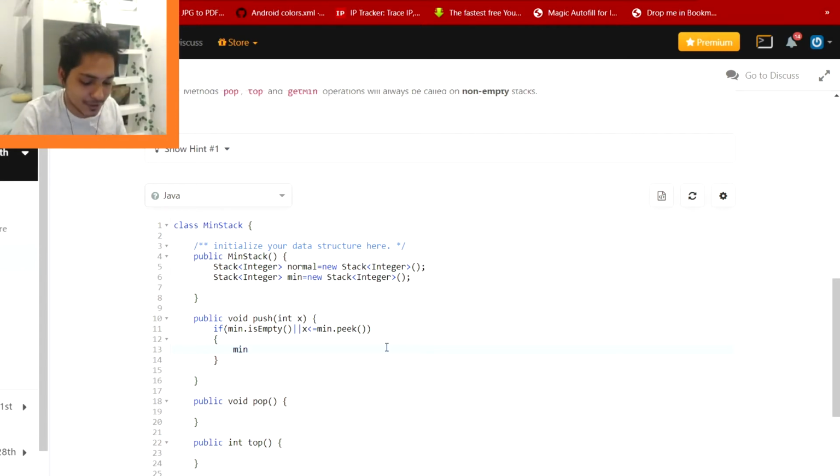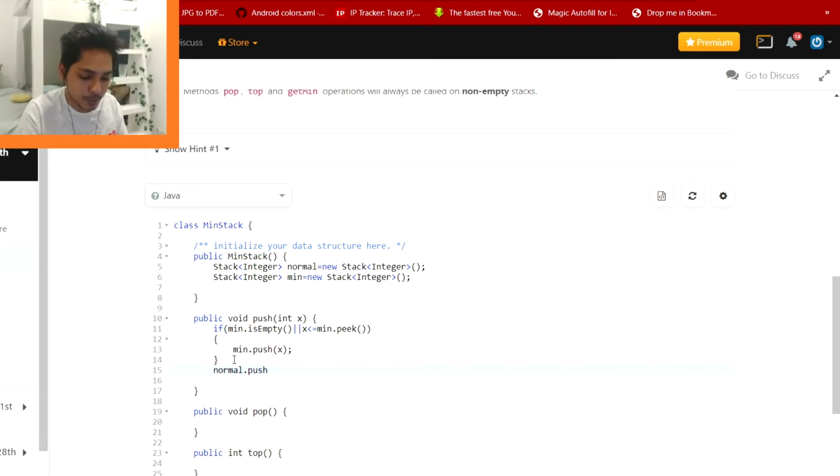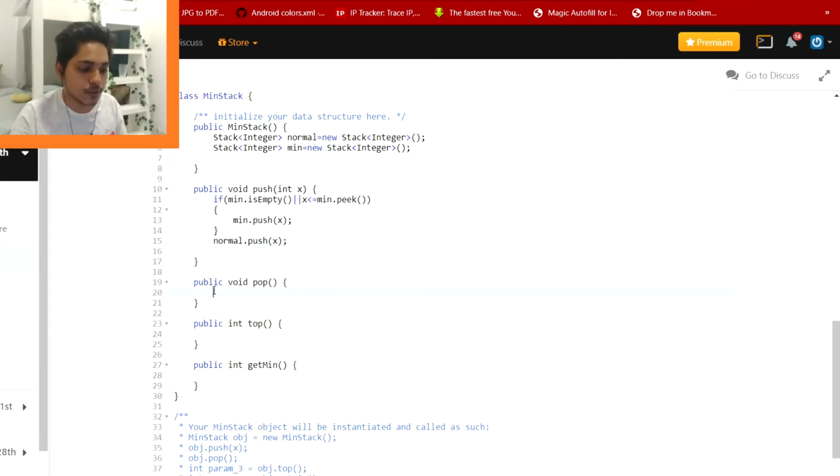So min dot push the value of x, and in the normal stack we need to push x also, right? So in the normal stack also we are going to push x. Okay, so we are done with the push function.